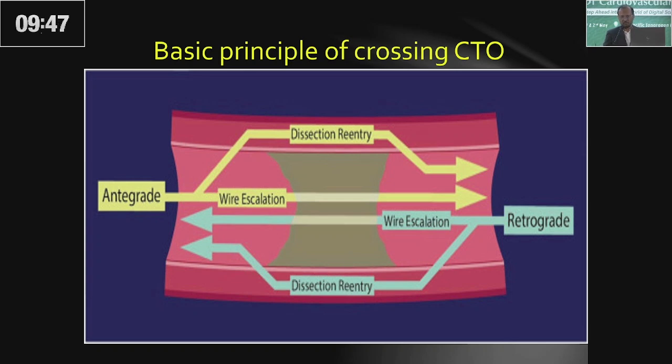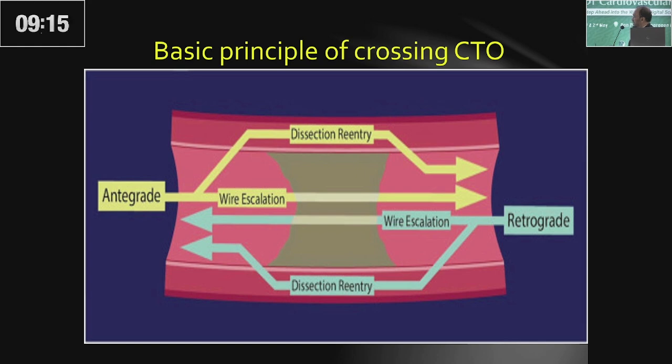Well, for the fellows, if you want to do CTO, you have to understand this slide. If you understand this slide, then you will have a clear concept of CTO. So remember this basic thing. In CTO, you have to connect the proximal true lumen with the distal true lumen, either antegradely or retrogradely, either by true to true lumen by wire escalation method, antegradely